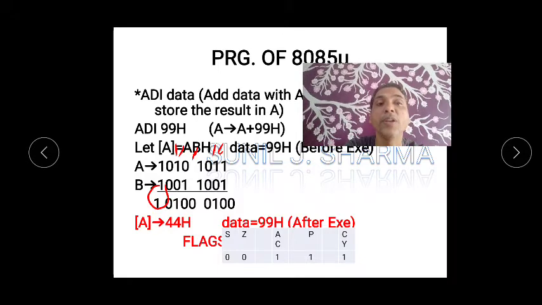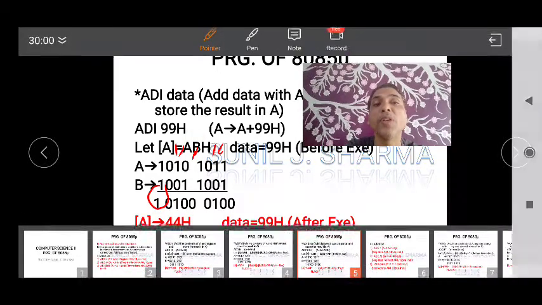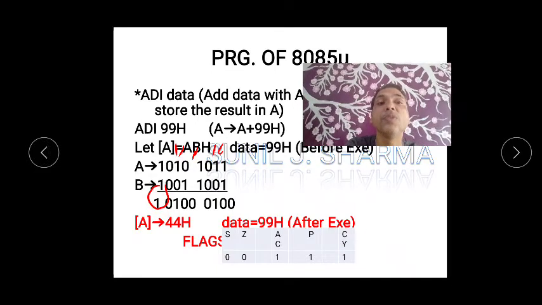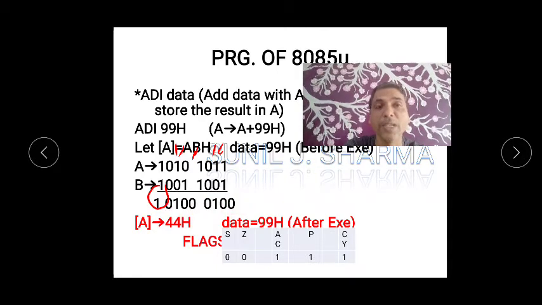Now let's check some other things. Can you see the auxiliary carry flag is already set because the carry is already passed from D3 to D4. Now what about parity? Can you see 1, 1? So there are 2 ones. You don't have to count the carry flag because this extra one we have already considered here. So 1 plus 1 and 1, that becomes 2. So that is an even number. So the parity flag will be set.